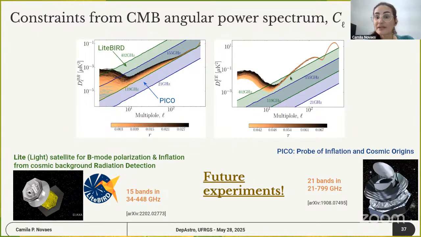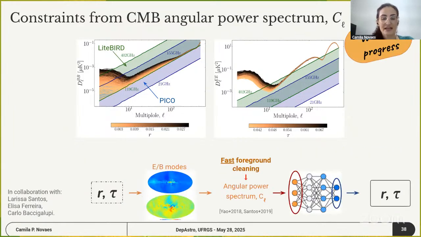The amplitude of these systematics compared to the amplitude of the cosmological signal. So it will not be easy to do this. And again, we can follow a very similar pipeline where you can construct simulations of the E and B mode maps. We can extract the angular power spectrum after cleaning all the contaminants, and we can plug this angular power